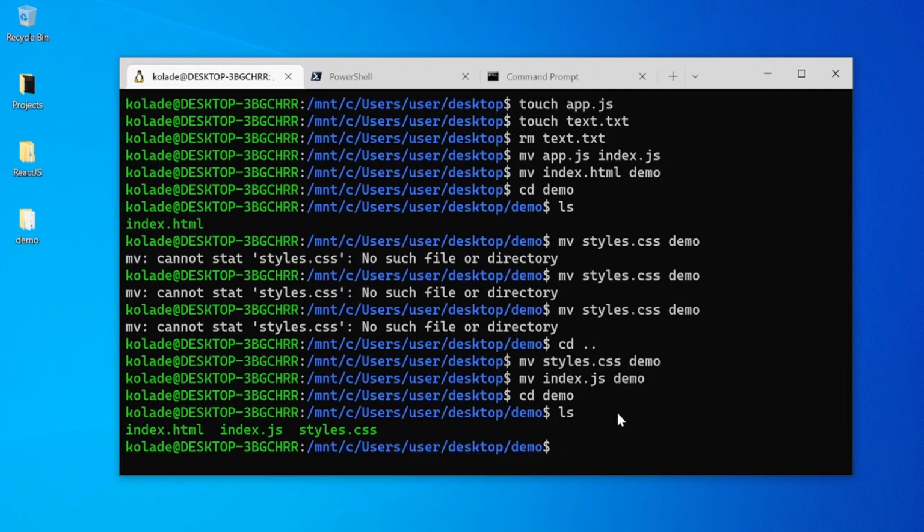So that's what you get to do with the mv command. Apart from using it to rename a folder, its primary purpose is to move files to a folder. That's why it is called mv. So I'm inside the demo folder now. I want to show you some things with this